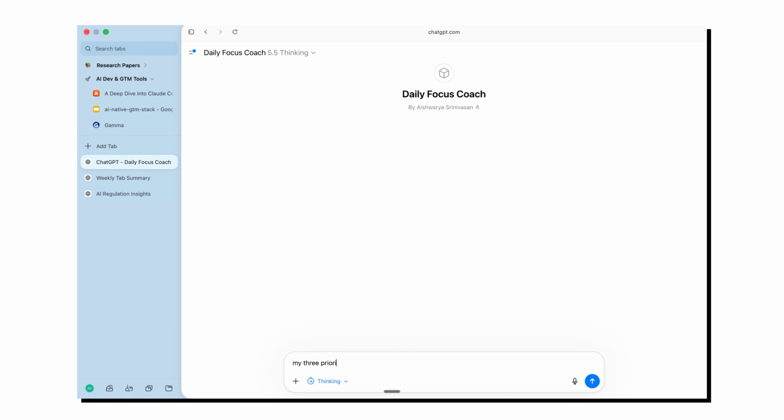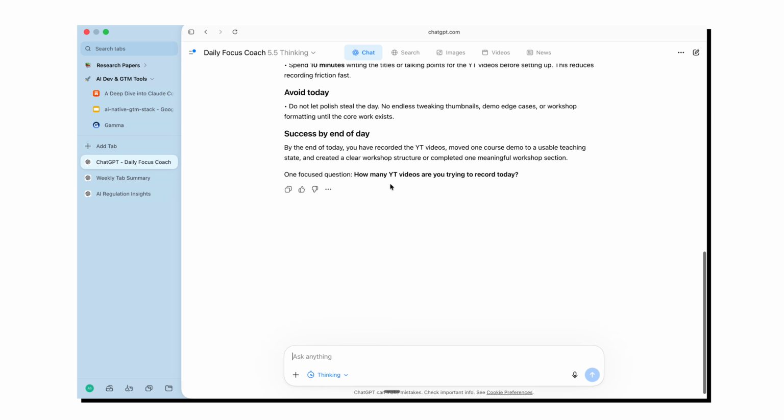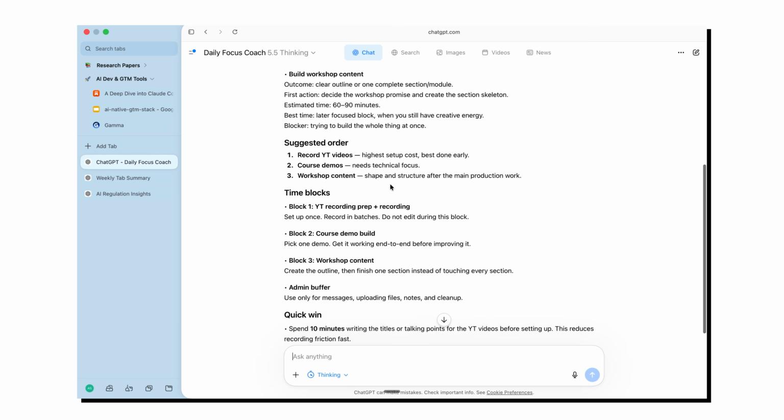For example, I have built this GPT called Daily Focus Coach. Every morning, it asks me for my top 3 priorities, and throughout the day, I update what I've completed. In the evening, it gives me a short reflection on what are the pending tasks and what I need to